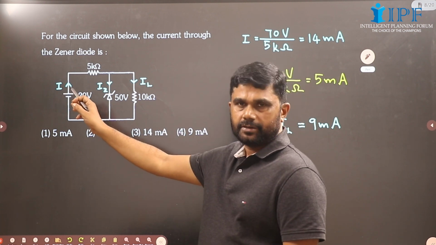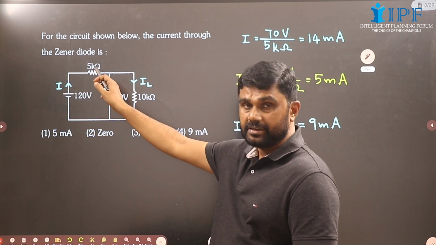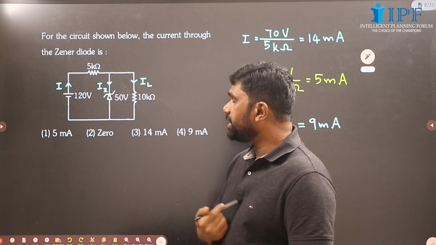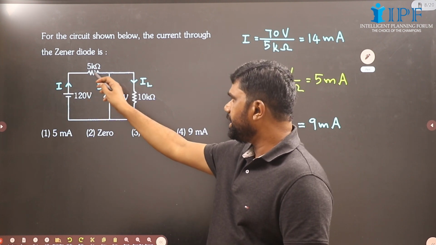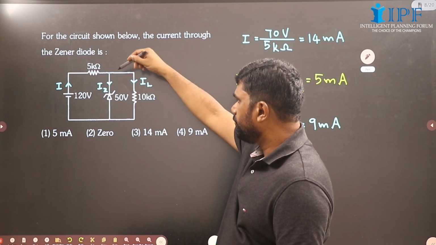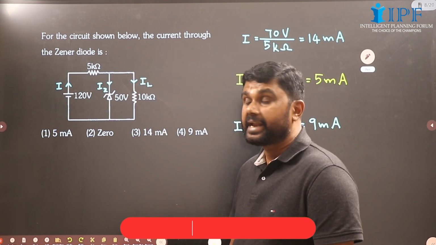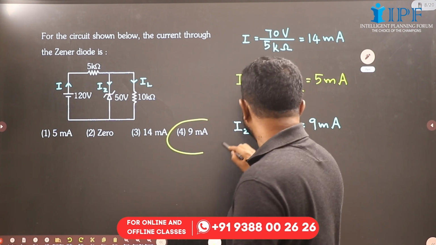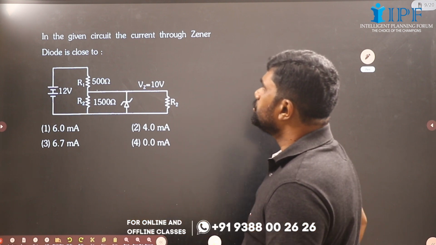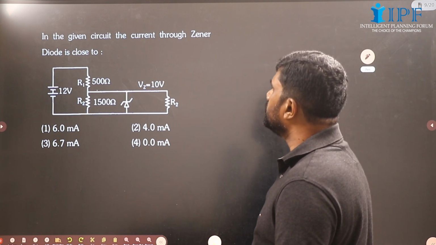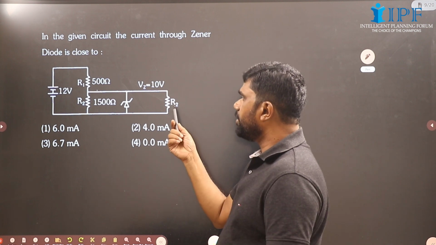Total is 120. The voltage across this is 50. So here it will be 70. 70 volt by 5 kilo ohm, that is 14 milliampere. So 14 milliampere will be coming like this. 5 milliampere will be going. So IZ will be 9 milliampere. Okay, IZ equal to 9 milliampere. Right? Now see, in the given circuit, the current through Zener diode will be, see here we have R2 and